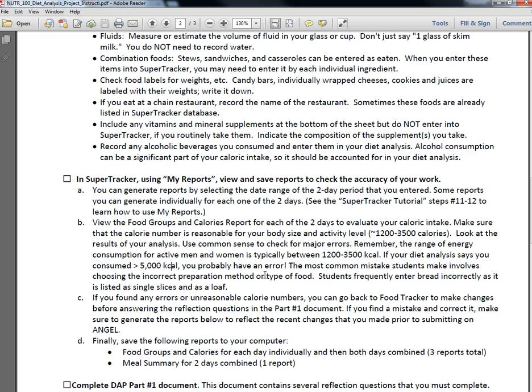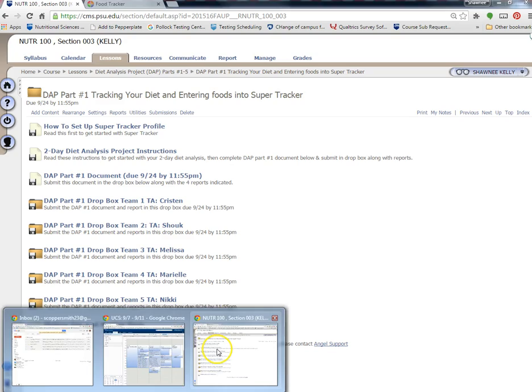You can generate some reports individually, or as a combined report for the 2-day period. Depending on the project that you're working on, part 1, 2, 3, 4, or 5, there will be instructions on exactly what reports you need to submit, whether they need to be done individually for day 1 and day 2, or a combined report will suit. So these are some things you want to investigate and make sure you know how to use the reports feature